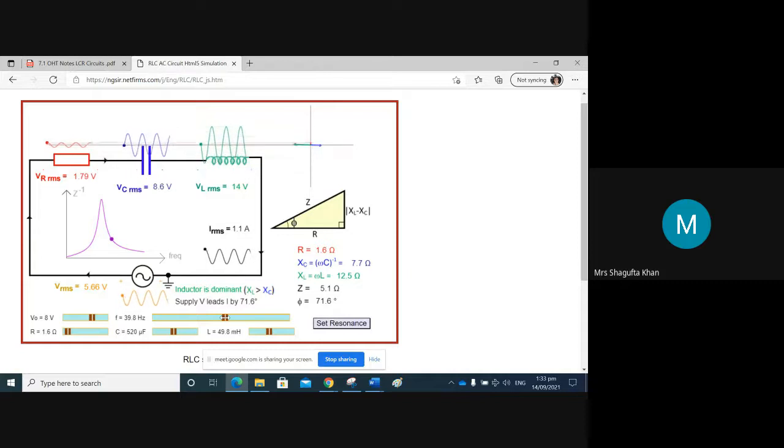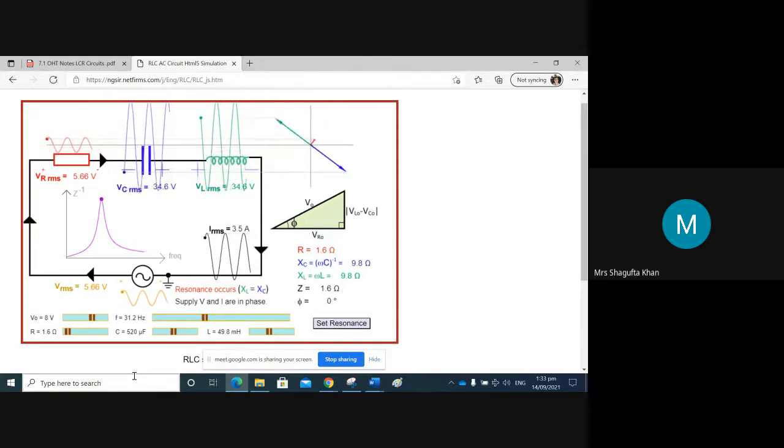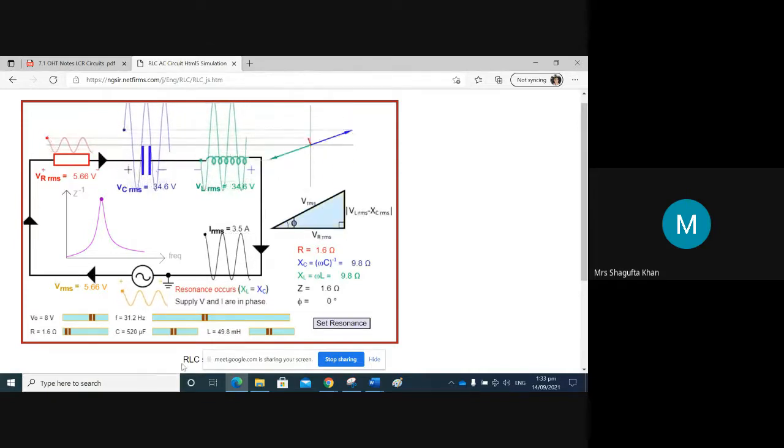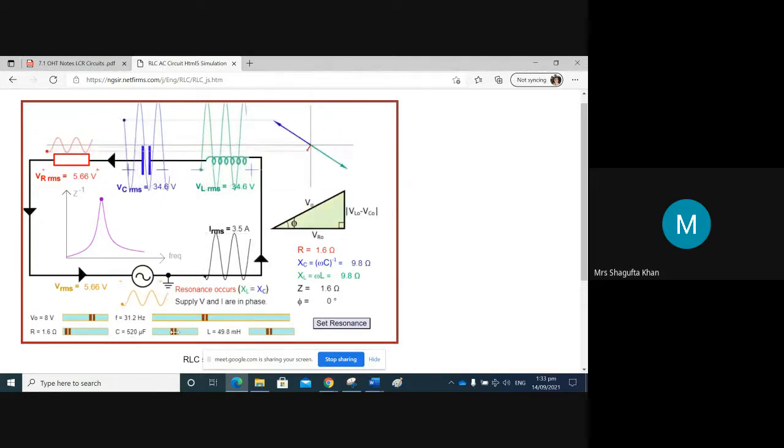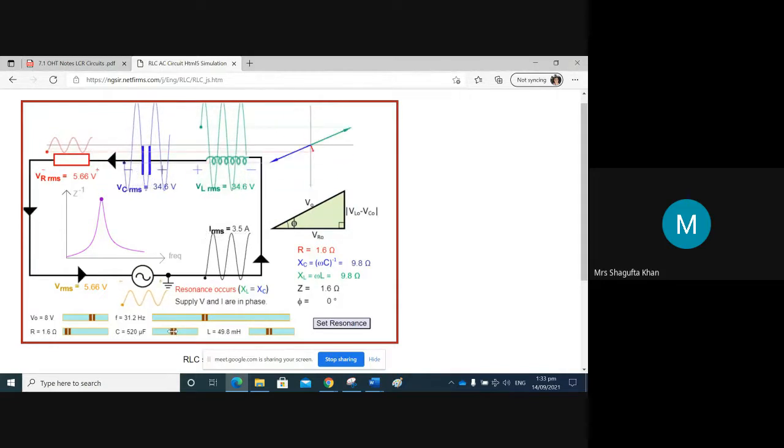There's a lot in this one. So there are a lot of variables that we can change. So say, for example, I set the current at resonance, and then we increase the capacitance of the capacitor. So capacitance is presently 52 ohm. So if I increase the capacitance,